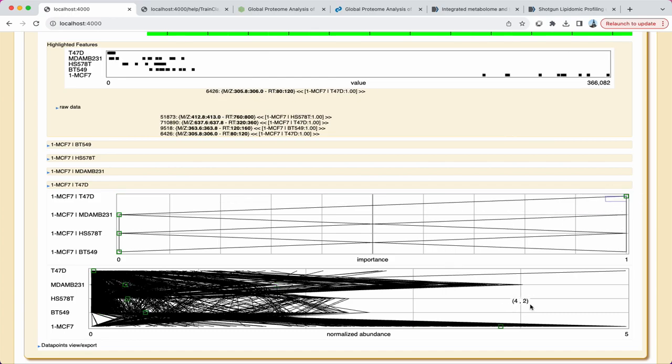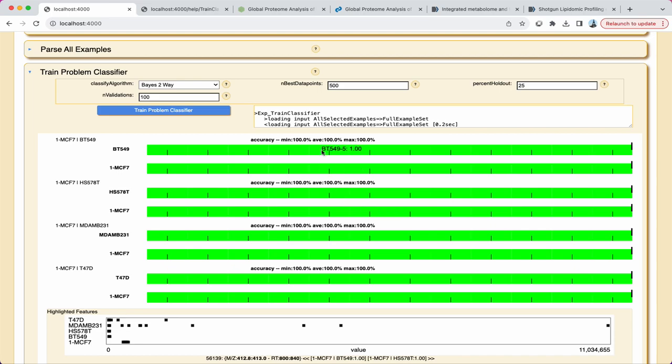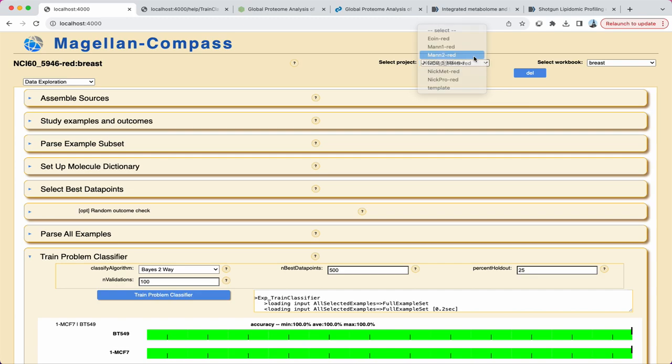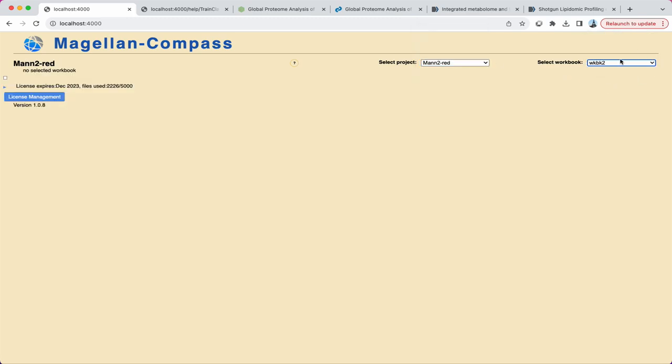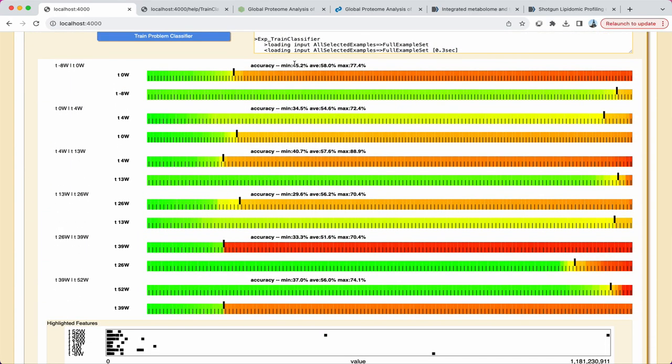In both the example workbooks I've shown you here, the classifier is highly accurate and all data points selected have high classifier value scores. But this is not always the case. Classification of examples in a completely unrelated study yields frequent misclassifications and lower confidence scores. Incorrect classifications appear to the right of the dark hash mark and are colorized yellow to red. Red indicates incorrect classification with high confidence, and yellow indicates incorrect classification with low confidence.